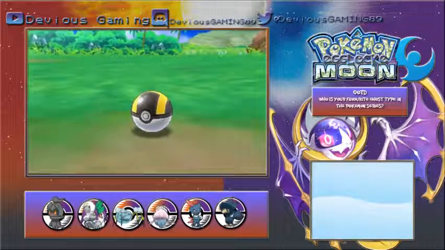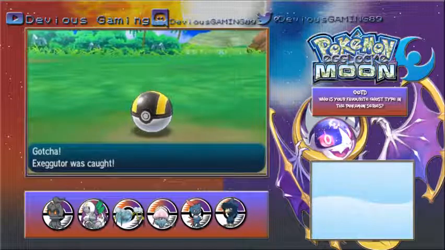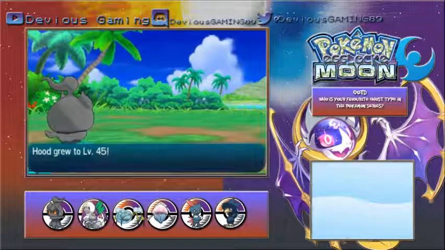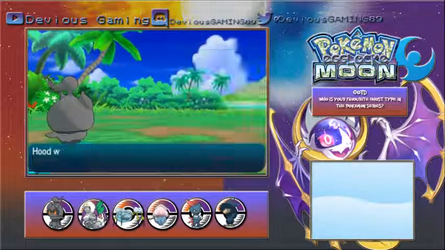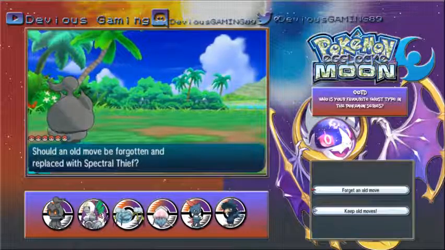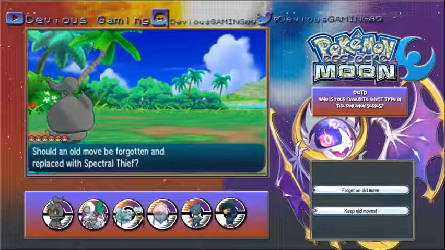Oh, and there we have it. We did manage to capture this Exeggutor. So we will be adding another Pokemon to the PC at the end of the episode. Fantastic. Hood has gained a level to level 45 and wants to learn the move Spectral Thief, as we do not have the